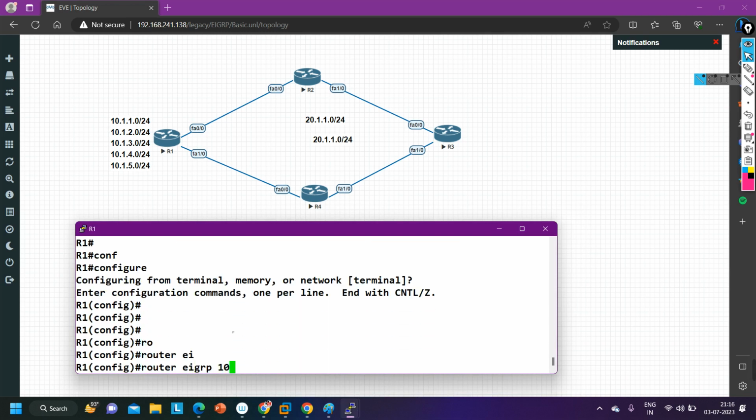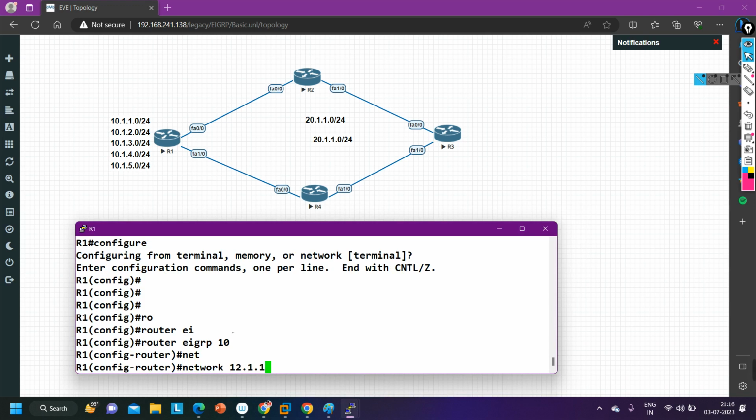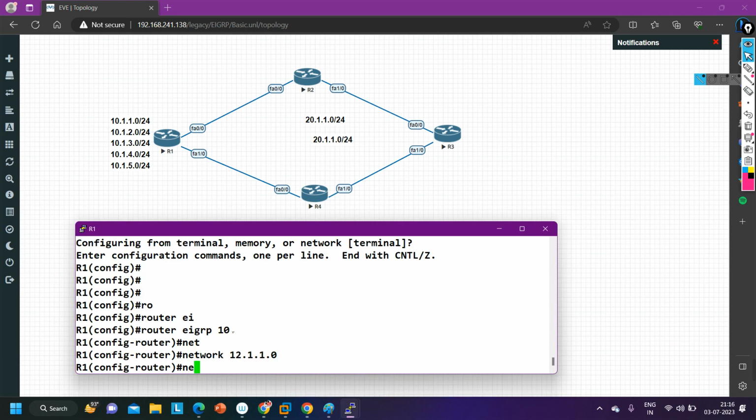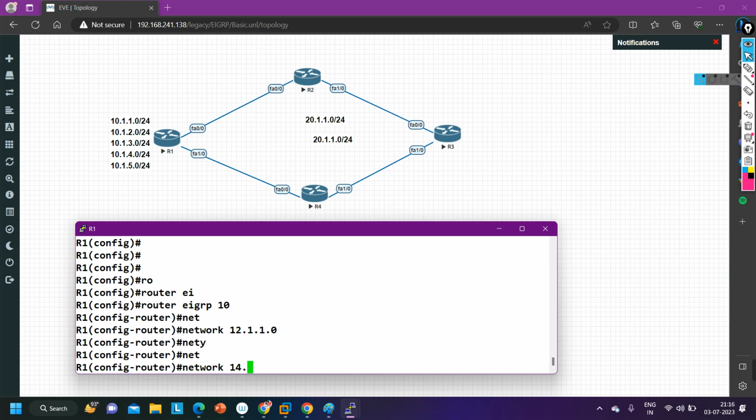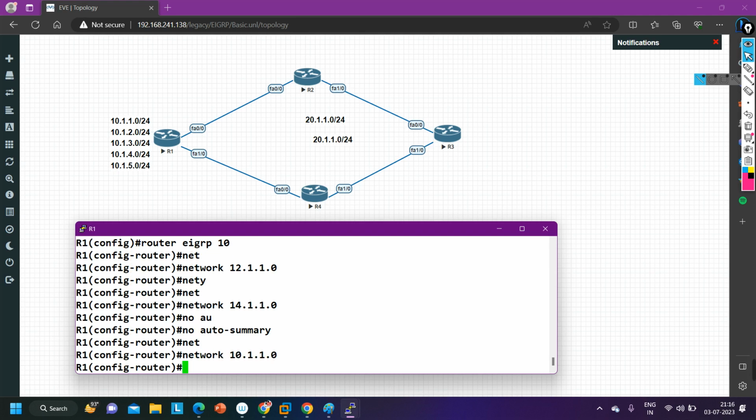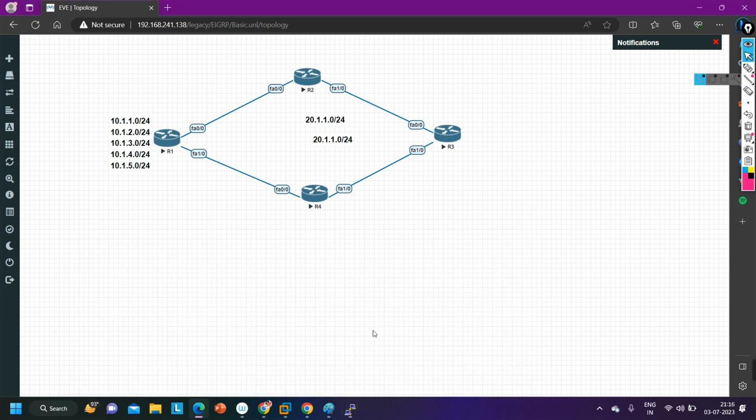Router EIGRP 10, network 12.1.1.0, network 14.1.1.0, no auto-summary, and network 10.1.1.0, 10.1.2.0, 10.1.3.0, 10.1.4.0 and 10.1.5.0. Yes, I've advertised all the interfaces in EIGRP on router number 1.